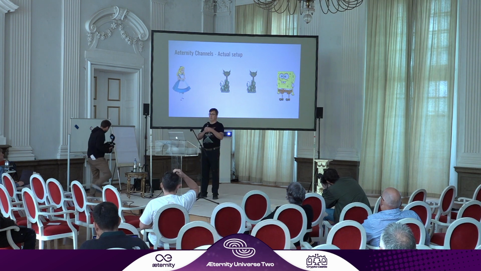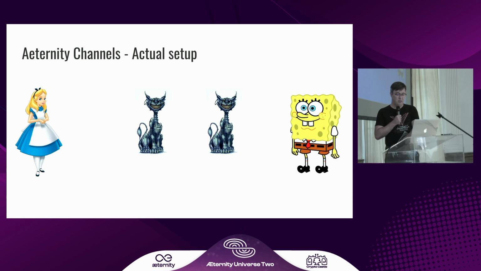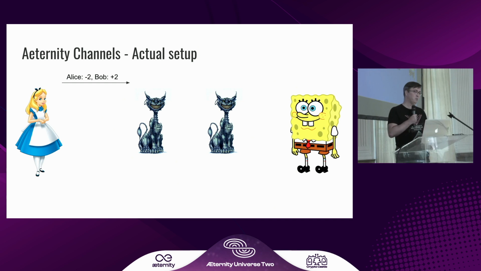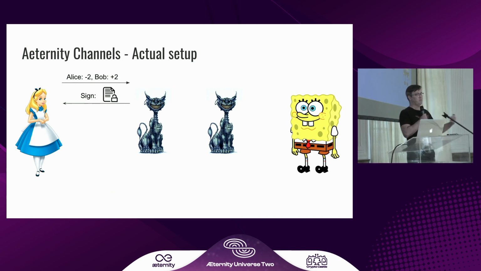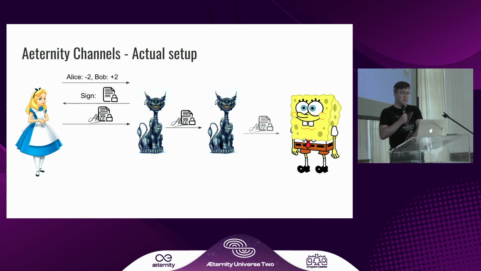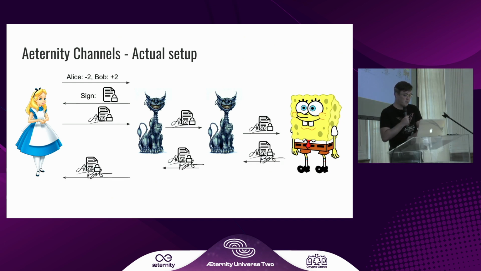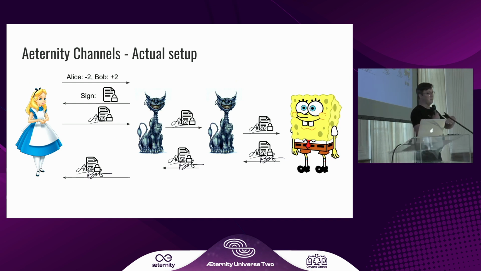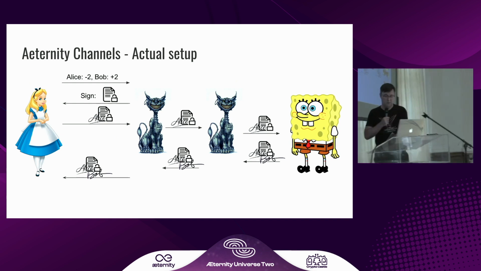So the way it's set up is, if Alice and Bob want to open a state channel, they actually have proxies on the node. And these can be on different nodes. And the protocol, for example, if Alice wants to pay Bob, is she sends a request to her proxy, and it sends a transaction back for her to sign. And then that signed transaction is passed on to Bob, asking him to sign, and that goes back to Alice. And now we have a co-signed state, and both have agreed to the updated balances.